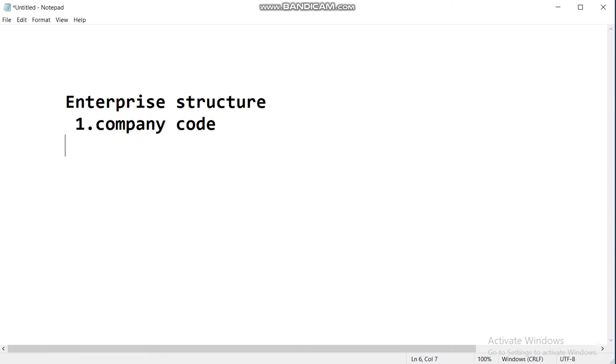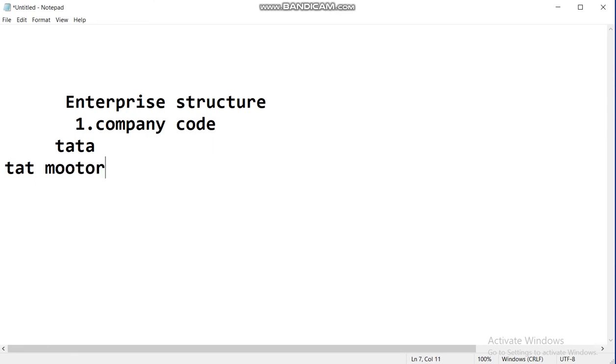The company code is 4 digits, I already told you: 1234, or DF22 or DF33, whatever it may be. And sometimes, in a few scenarios, a company will have multiple company codes. For example, there is the Tata Group. In the Tata Group, we can see Tata Motors,